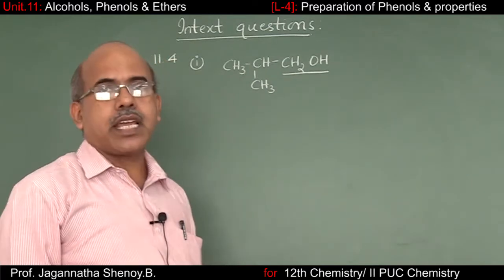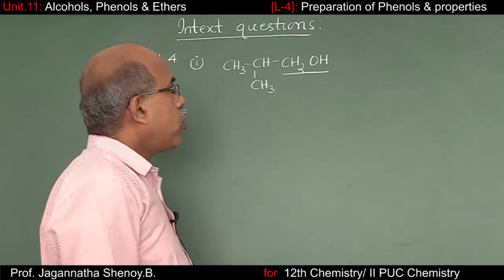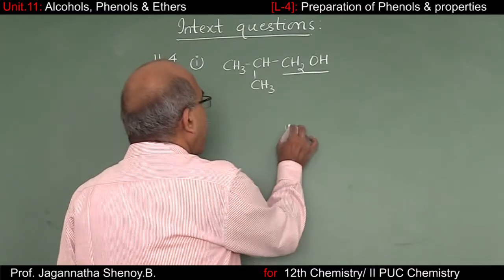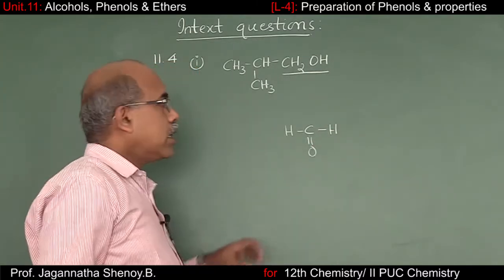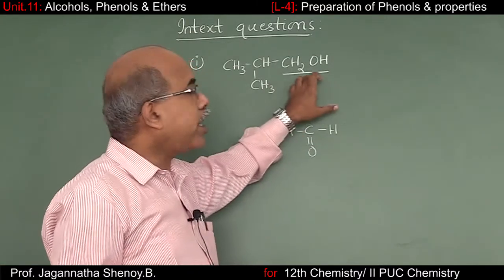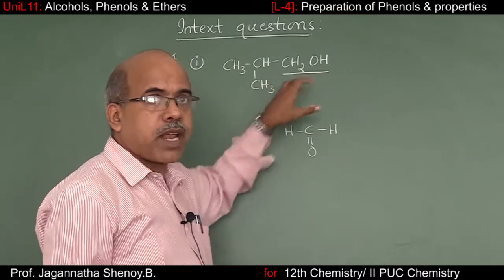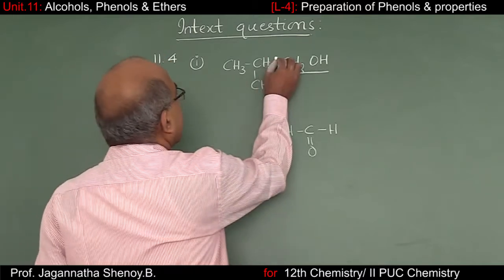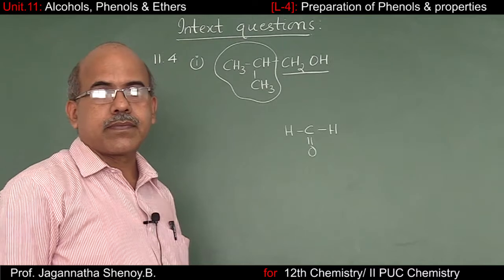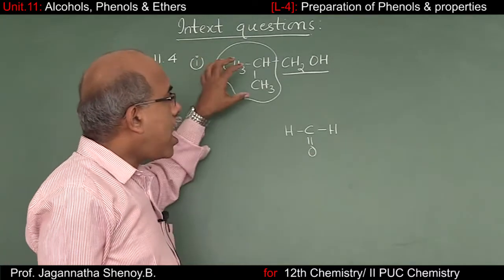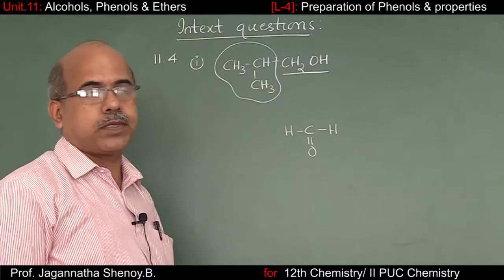When you have studied the equation for the reaction between a Grignard reagent and a carbonyl compound, you have already studied that whatever formaldehyde group you start with, this formaldehyde group will be converted into a primary alcohol. In other words, the remaining part should come from the Grignard reagent. Or in other words, what is the R group in the Grignard reagent? It has to be an isopropyl group.